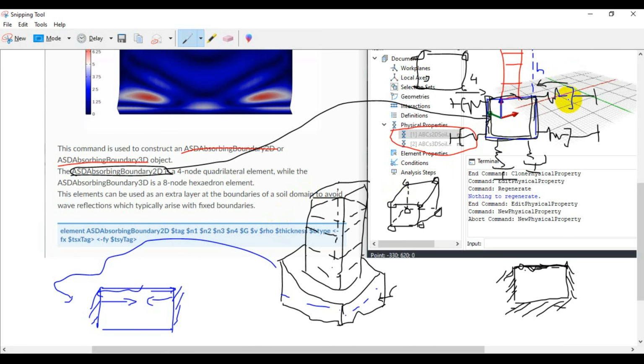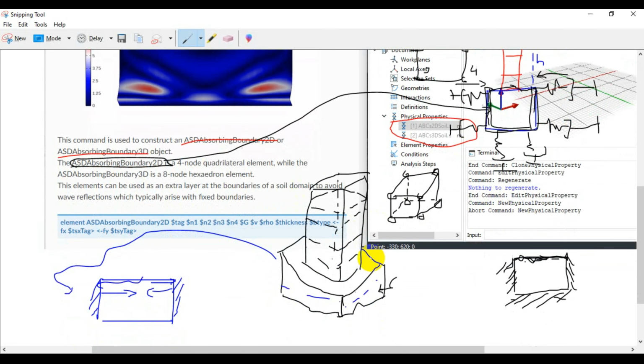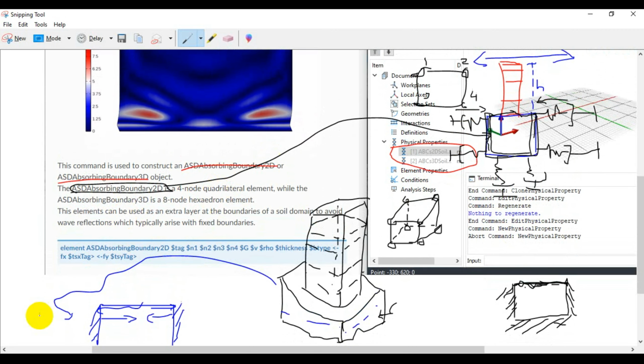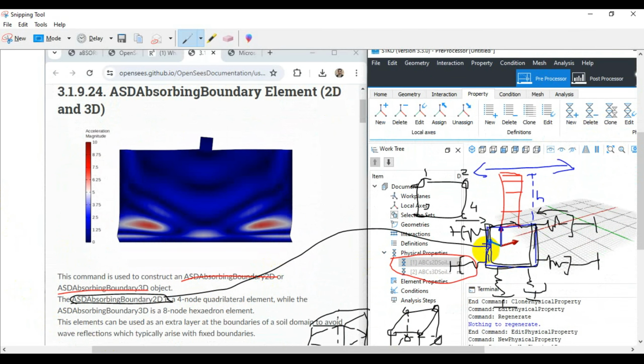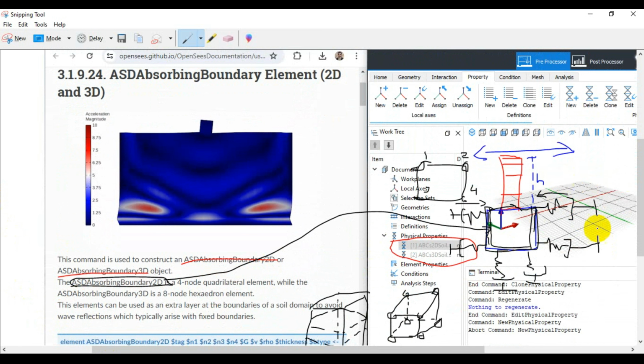If you want to avoid this, then you have to consider a very, very, very large soil domain just to distribute those stresses, and that is not possible because you also have to save some computational cost for your analysis. And in order to save the computational cost, special types of elements are introduced in STKO as well as in the OpenSees environment. So what do they do? They absorb the waves and take care of those waves,